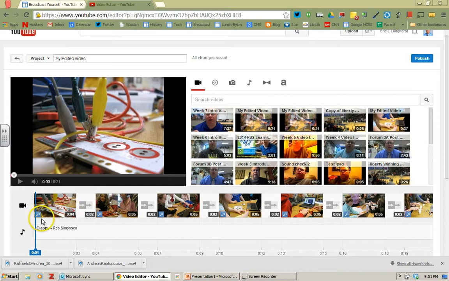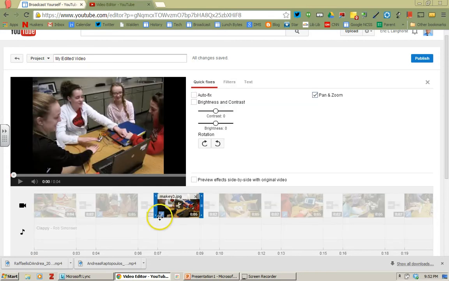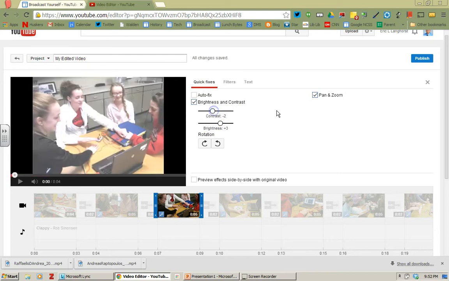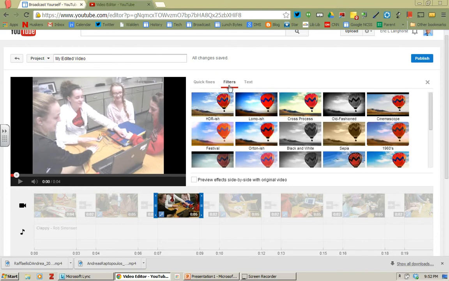So notice that down here when you go over the picture, there's a little editing tool here. So if I select this and then go to the editing tool, up here I can go to quick fixes, so I could do like an auto fix and it'll automatically check the lighting. I can do contrast and compare, brightness and contrast here. I can shut off the pan and zoom, and I can also go to filters, and I have all kinds